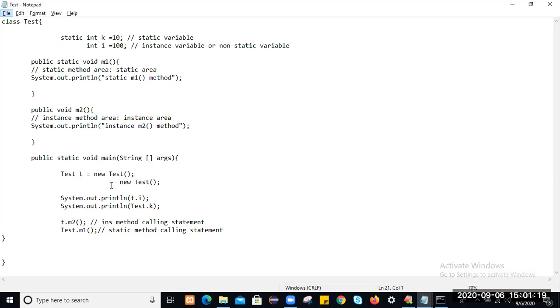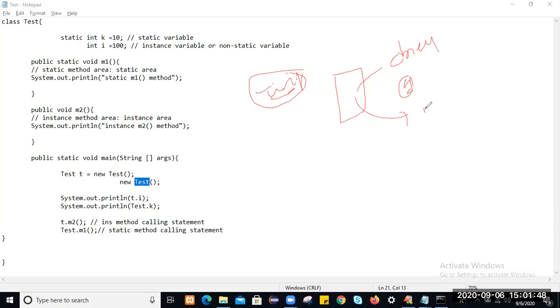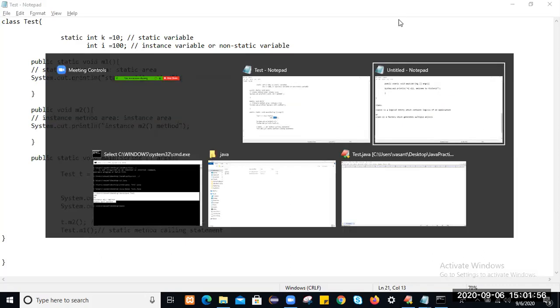So that's what we are saying, that by using a class we can generate multiple objects. Once you have a factory, within that factory you can generate multiple objects. Yes or no? Let's suppose a pen is one kind of object. You have a factory, and within that factory you have the formula to develop a pen. Similarly, if you have a class, we treat it like a factory. Within this factory we can generate multiple objects by using the new keyword followed by the class name.